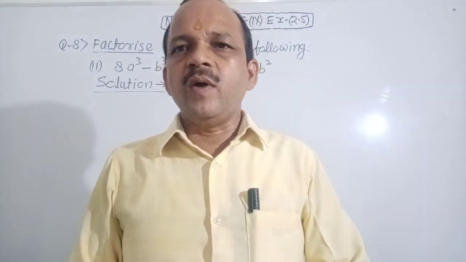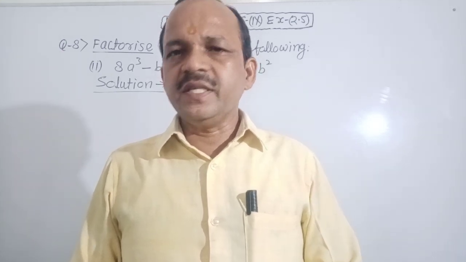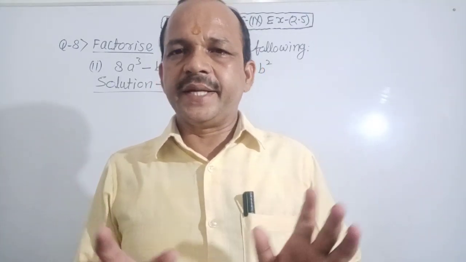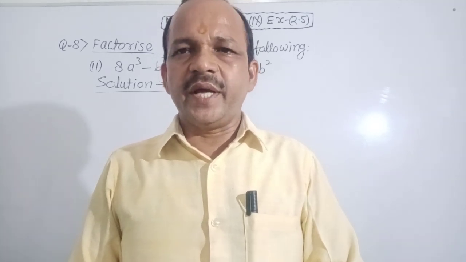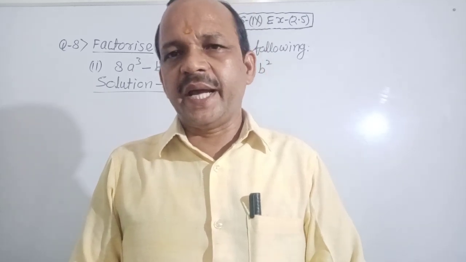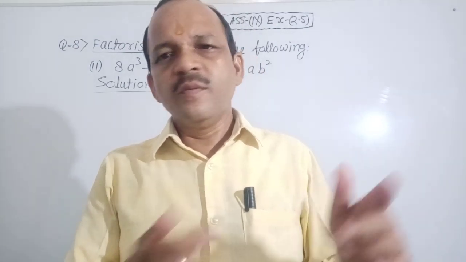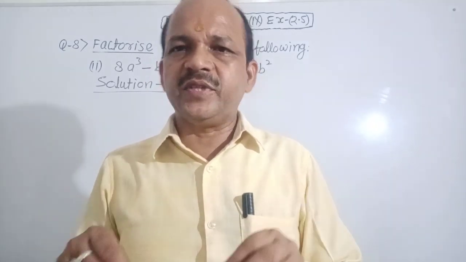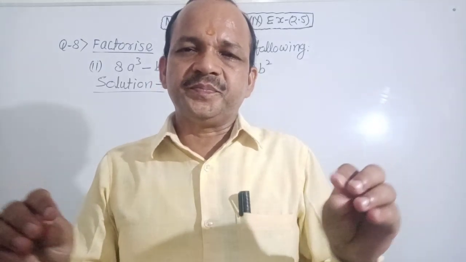Very good. Today I want to describe a suitable identity and its use. It means how you can factorize your question with the help of a suitable identity. The suitable identity is (a minus b) whole cube equals a cube minus b cube minus 3ab in brackets (a plus b) brackets close. You can use this identity for the following question. It means you can factorize the following question with the help of this identity. Is it clear? No confusion about it? Very good.